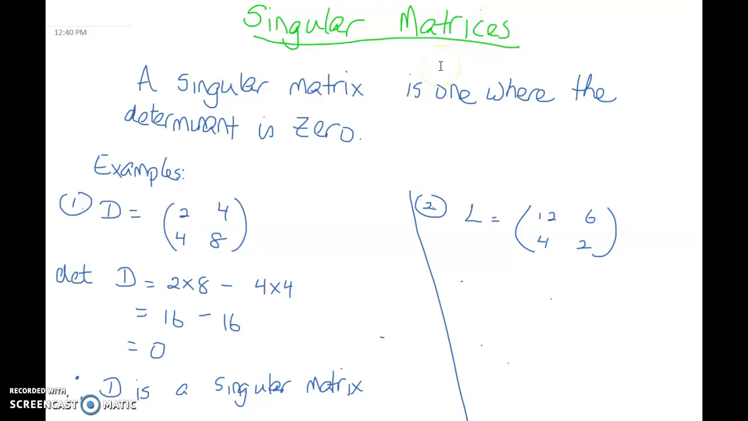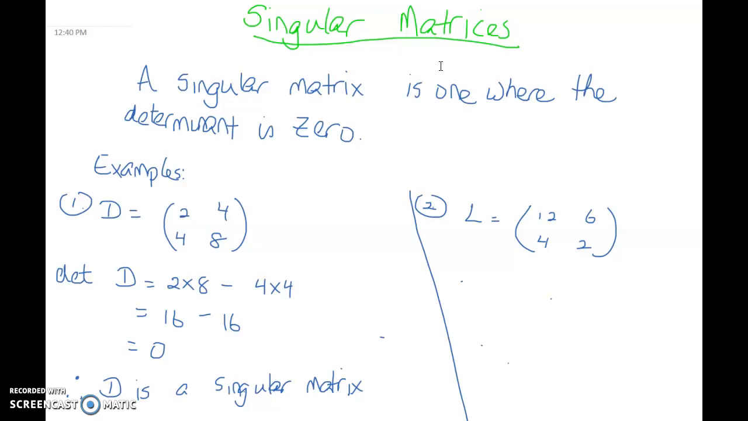Hi everyone, so now we're looking at singular matrices. So basically, a singular matrix is one where the determinant is 0. So in the past two videos, we looked at how to find the determinant of a matrix. Now, what a singular matrix basically means is that,